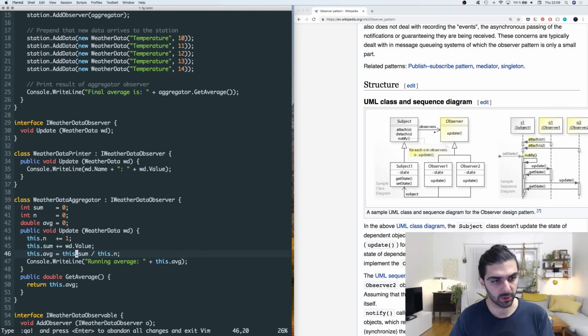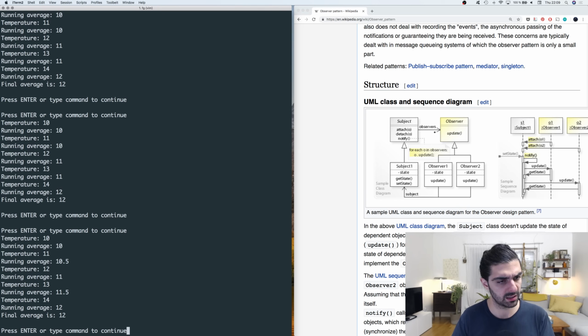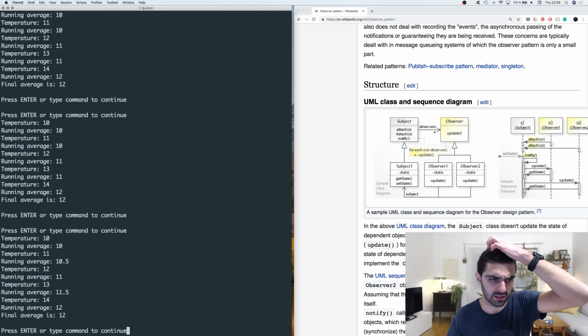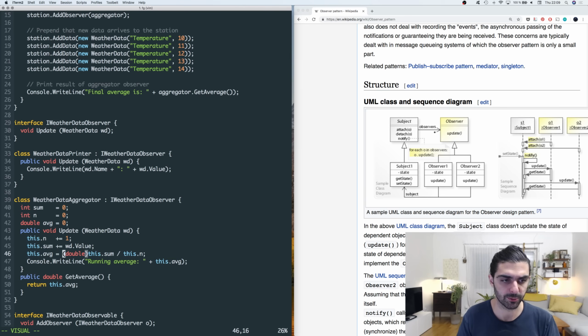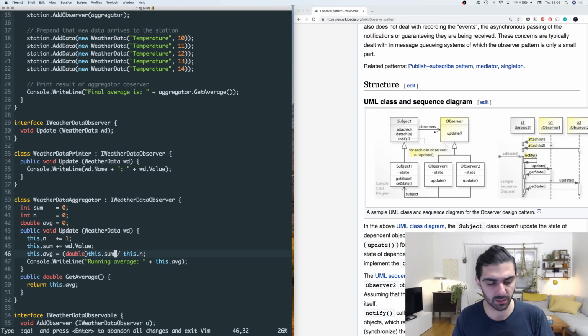So yeah, C# folks, maybe you could tell me what I'm doing wrong here, but maybe I should force this computation to be treated, or force one of these numbers to be treated, as a double. Yeah, okay, so something like that. So that's actually the same thing as Ruby, but okay, whatever. So now, if I force one of these numbers to be a double, or I cast one of these numbers to be a double,